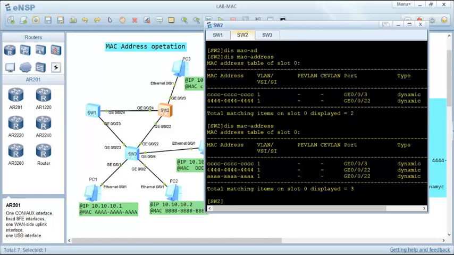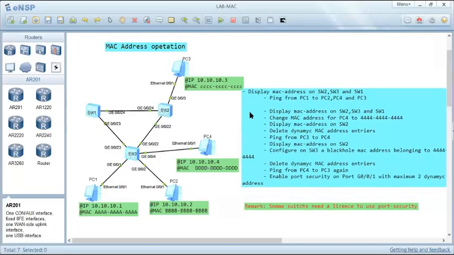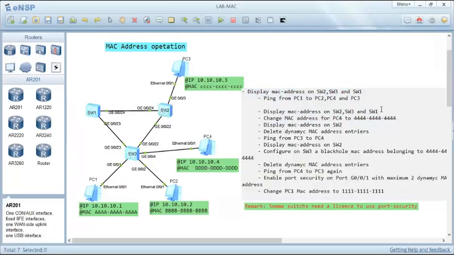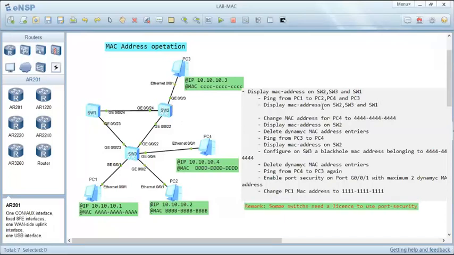Some people tell me I can drop this manually. Yeah, we can drop these entries manually. We will see an example later. But you should know why this entry is not dropped. Okay, I will check my steps here. We have displayed the MAC address table on all switches, and we have